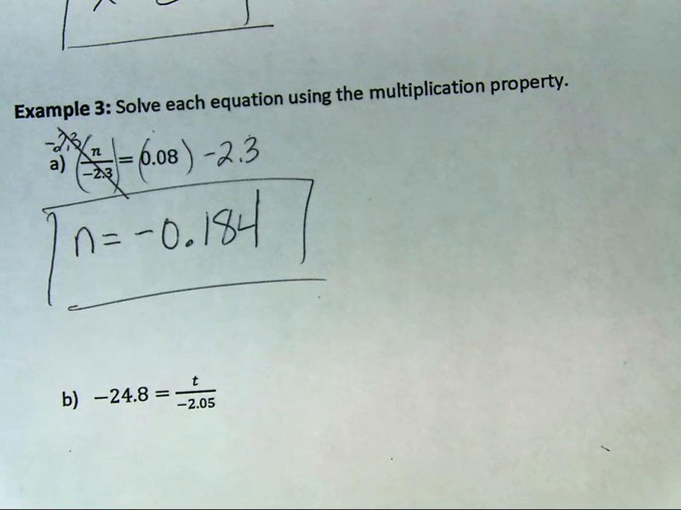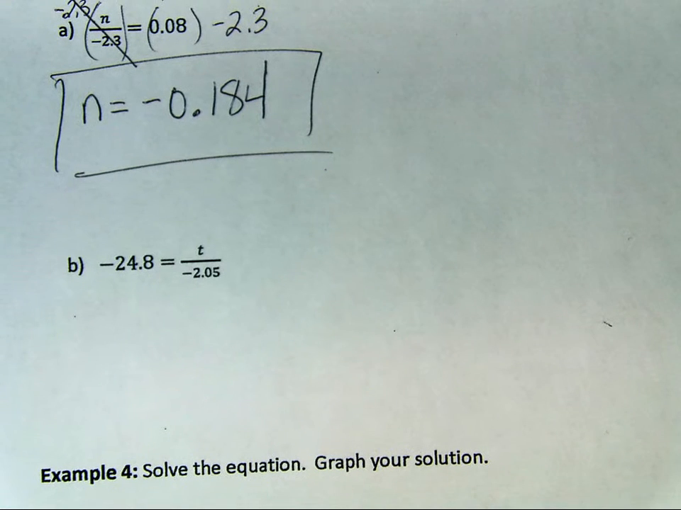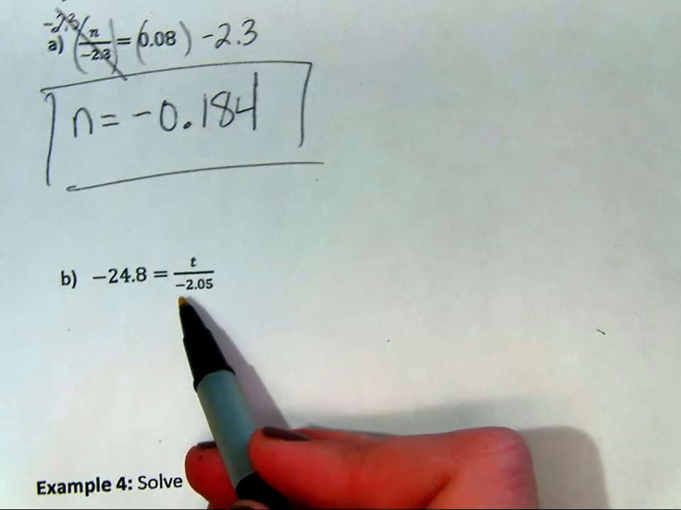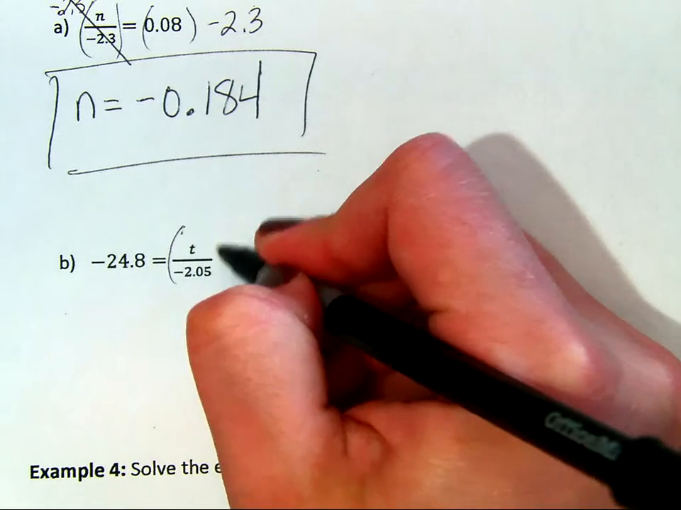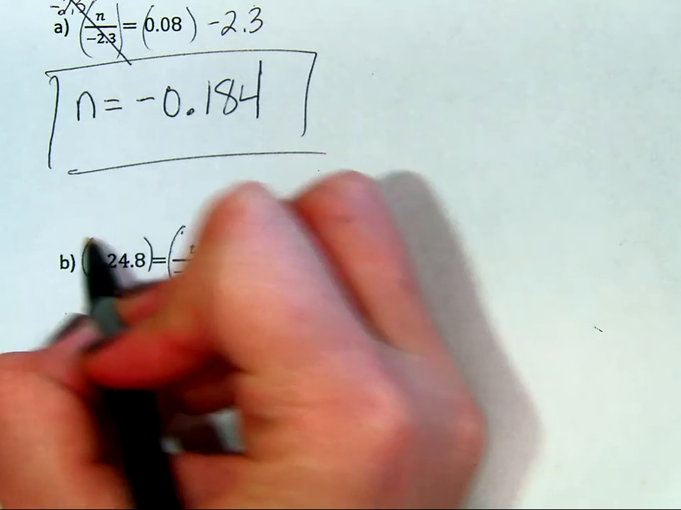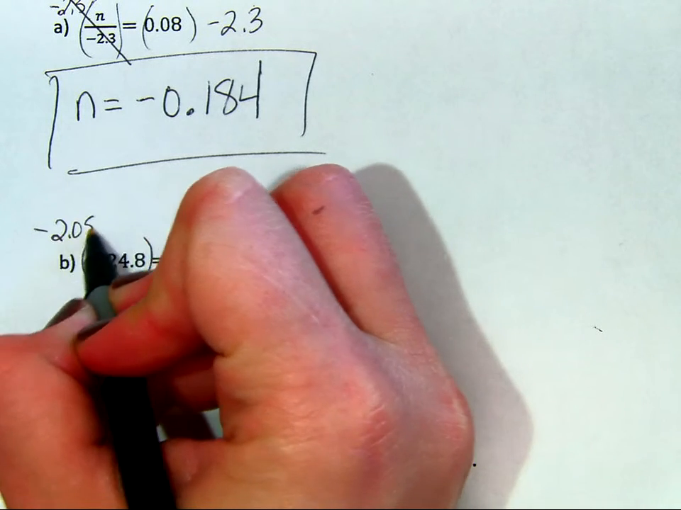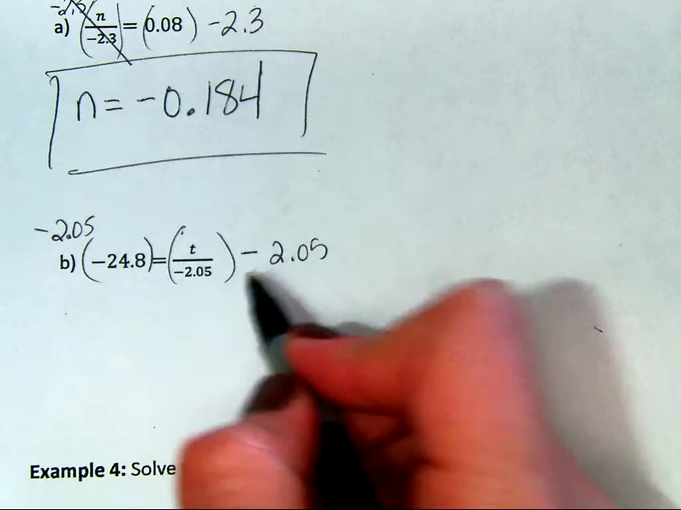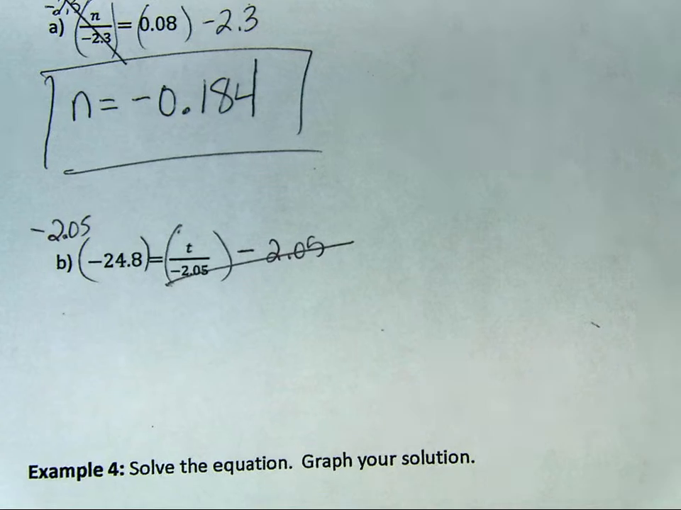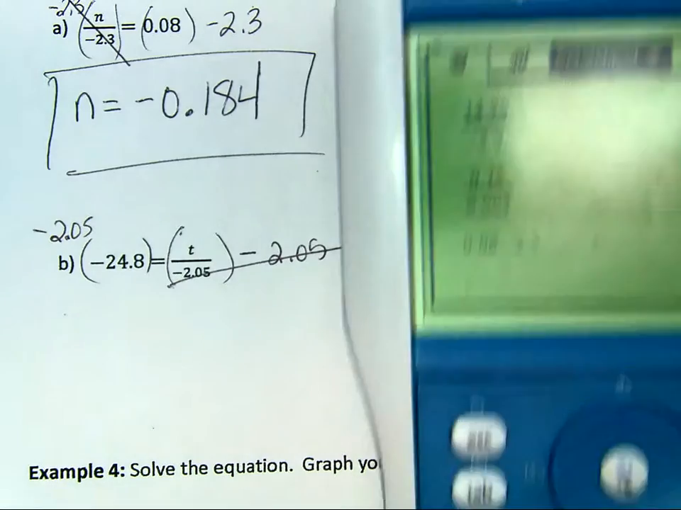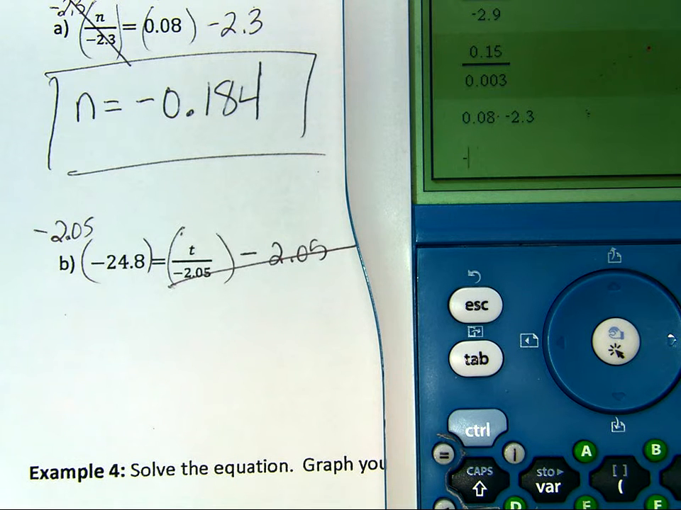And moving on to part B, I need to solve for t here. So right now t is being divided by negative 2.05. To undo that division, I again need to multiply by negative 2.05 on both sides in order to keep it equal. So when I divide by negative 2.05 and multiply, those things undo each other. I'm just left with t on the right side, and then over here I need to multiply negative 2.05, 2 and 5 hundredths, times